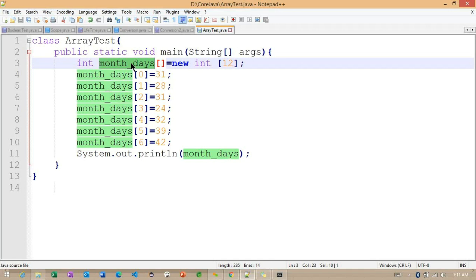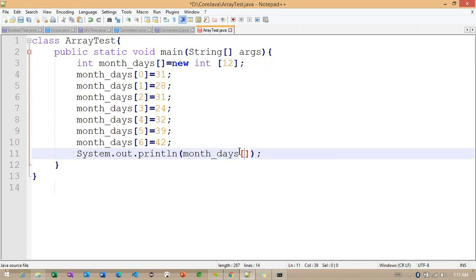But now I want to print the values. What can we do? To print the values, first we need to provide the same array reference, and then the index value we want to find out.